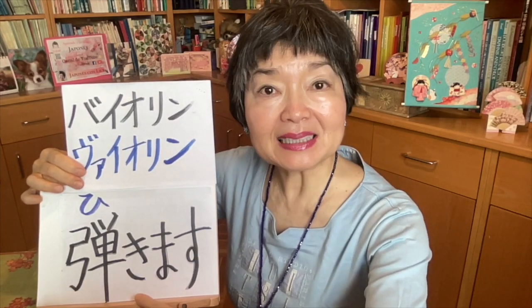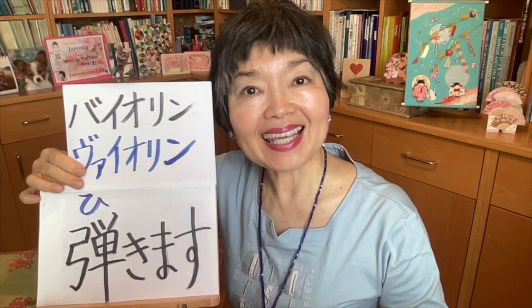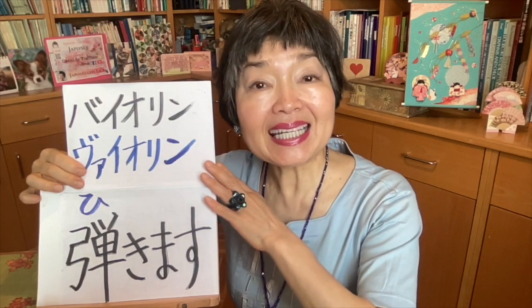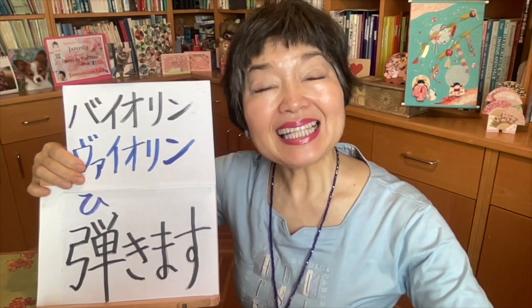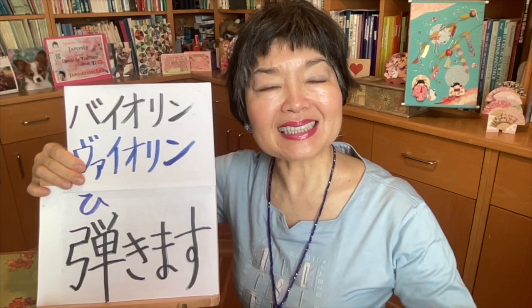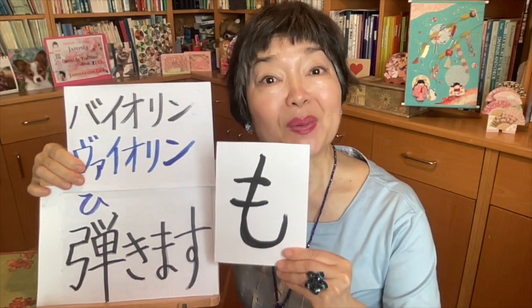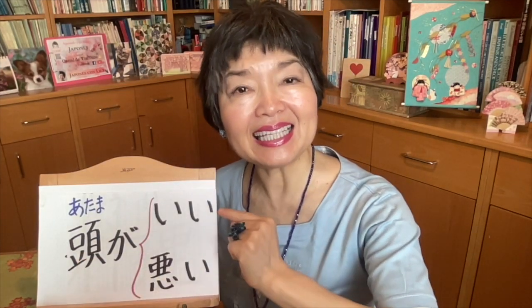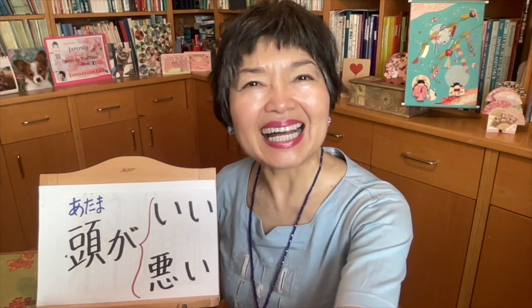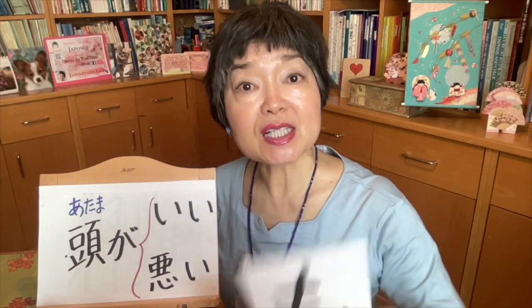And 弾きます is group 1, so instead of 弾き, you must change to the k, a sound. バイオリンが弾けます。 But in this case, I'm going to tell several things that she can do very well. So instead of ga, I can change to mo. バイオリンも弾けます。 Intelligent, 頭がいい。 But here the particle ga, I can also change to mo. 頭もいい。